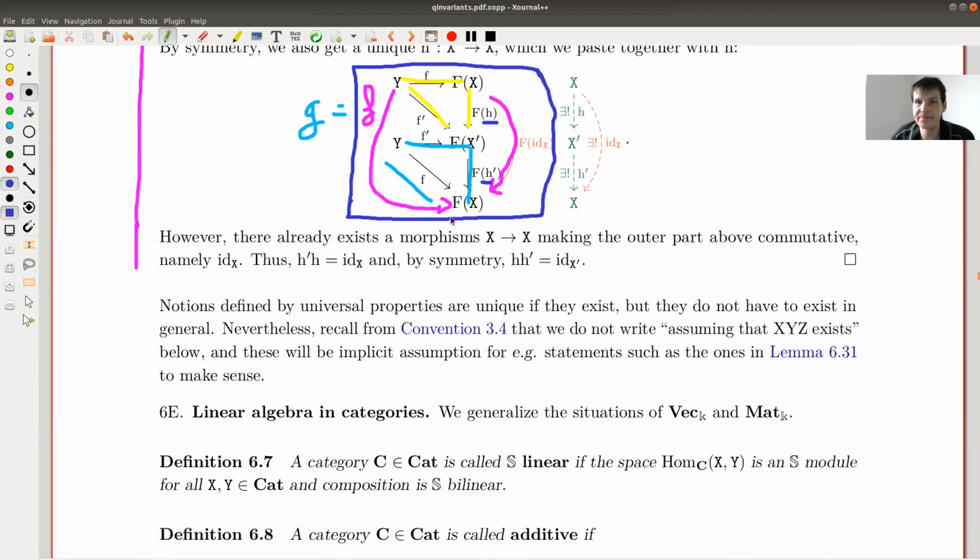All right. Let me say again what the point of this universal nonsense is: they are unique if they exist. That's the whole point. Extremely important. And they are, again, as unique as it could be. They're unique up to unique isomorphism. It can't get any better. This is as good as it gets. The problem is they don't exist in general, and we will see that. So this is great. So green is great.